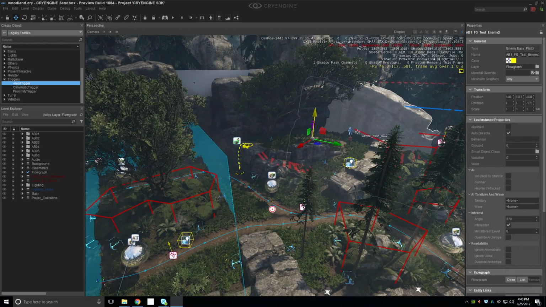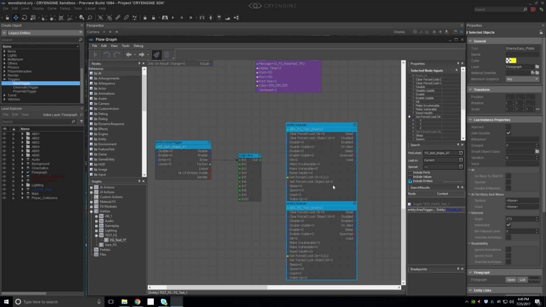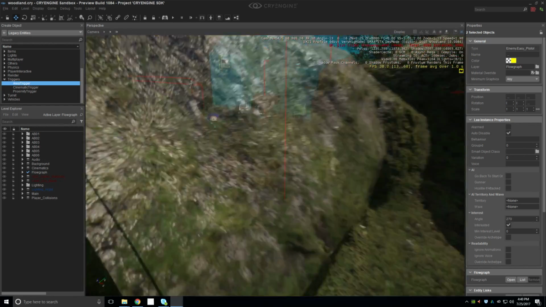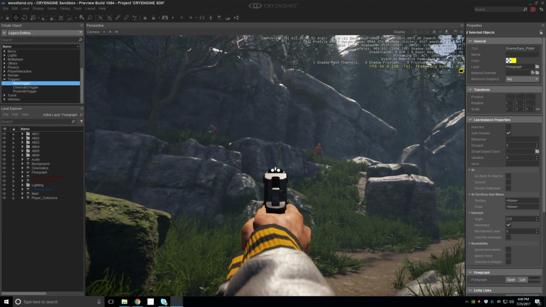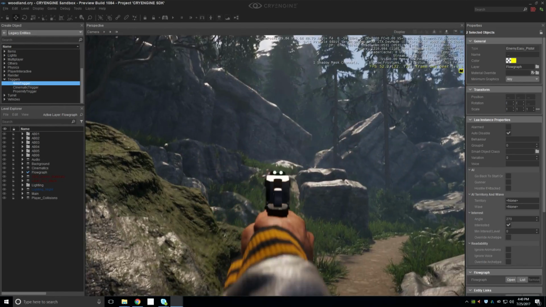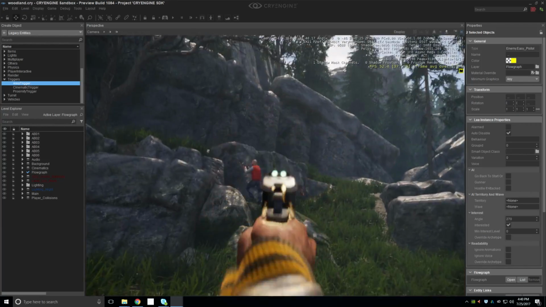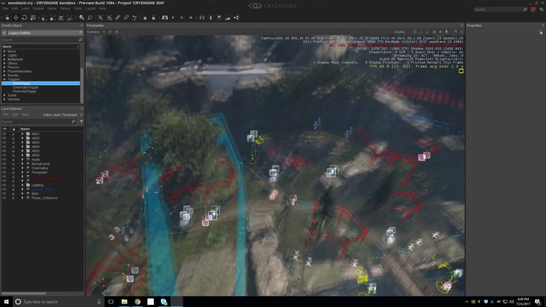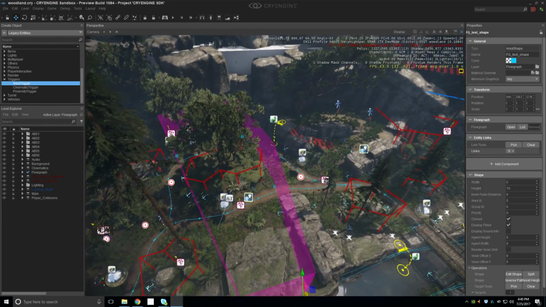So when we enter this area trigger, we'll make these two guys visible. So that means we have to add them to the flow graph and then say enable and enable. As you can see, they're now enabled, but not alerted, so now they will start to fight us. I mean, later on you can put them into groups and so on, but this is just a very quick example of how to set up the AI